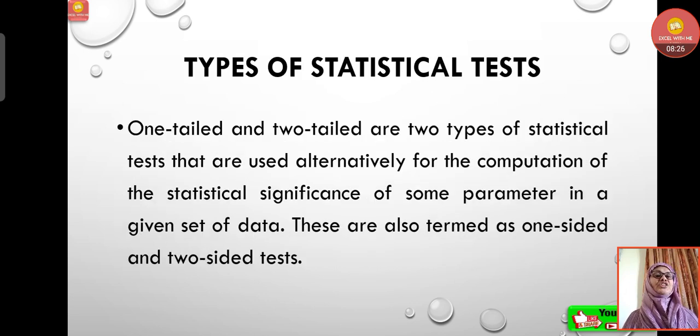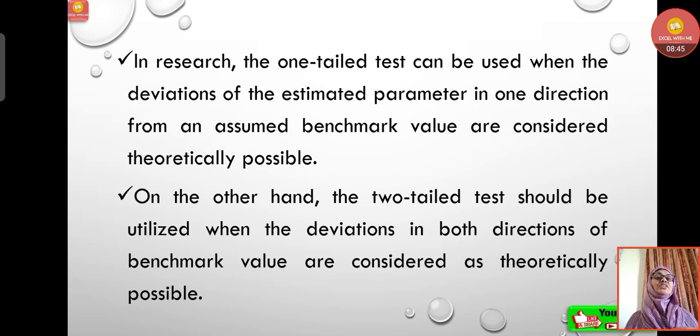Now, types of statistical tests. One-tailed and two-tailed are two types of statistical tests that are used alternatively for the computation of the statistical significance of some parameter in a given set of data. These are also termed as one-sided and two-sided tests. In research, the one-tailed test can be used when deviations of the estimated parameter in one direction from an assumed benchmark value are considered theoretically possible. On the other hand, the two-tailed test should be utilized when deviations in both directions of the benchmark value are